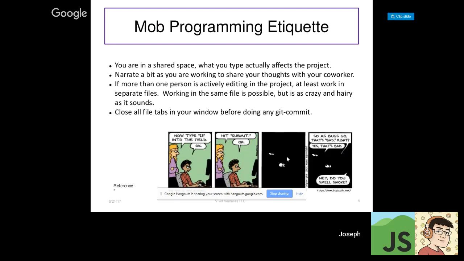So one of the ideas would be maybe to work in separate files if you both have to work at the same time. And then before doing a commit, you want to close all the tabs because, think about it. If you've got several people with all their tabs open and you do a commit, and then somebody clicks on, do you want to reload this file? And it was really just what was on their screen, it could make kind of a mess of things. So